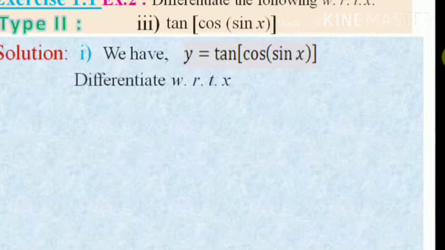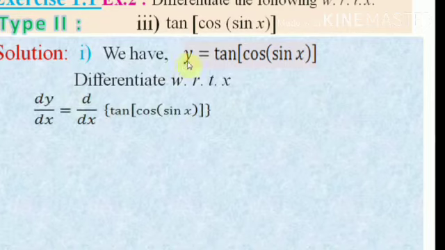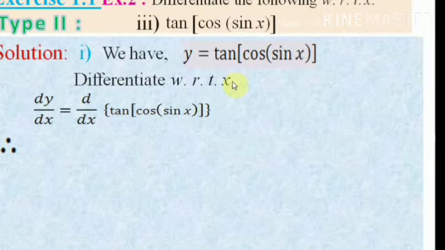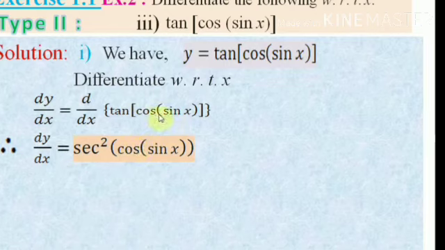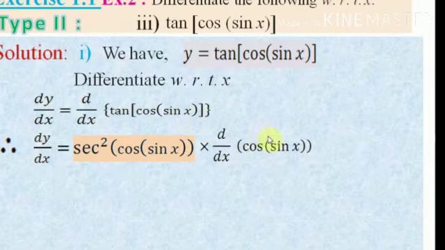How to find it, we will discuss. Differentiate the given function with respect to x. Firstly take the derivative of y with respect to x, that is dy by dx equal to, taking the derivative on the right hand side, d by dx of (tan of cos of sin of x). Now dy by dx equal to, firstly take tan of u. Okay, therefore tan of u has the derivative sec square u, and therefore equal to sec square of u, where u is taken to be cos of sin of x, multiplied by, by the composite function theorem, d by dx of u, that is cos of sin of x.